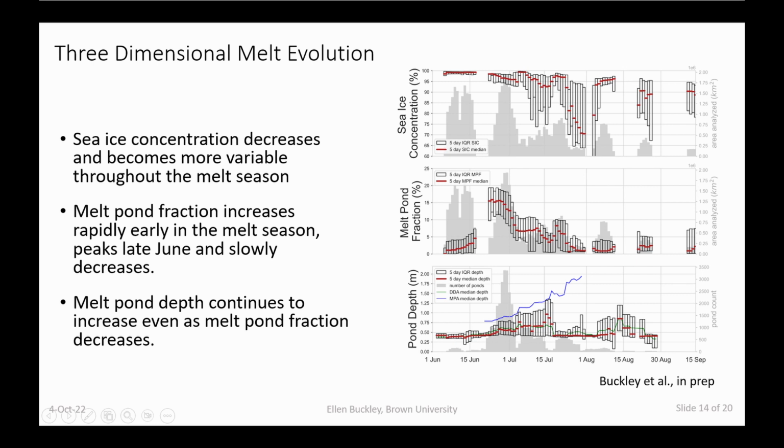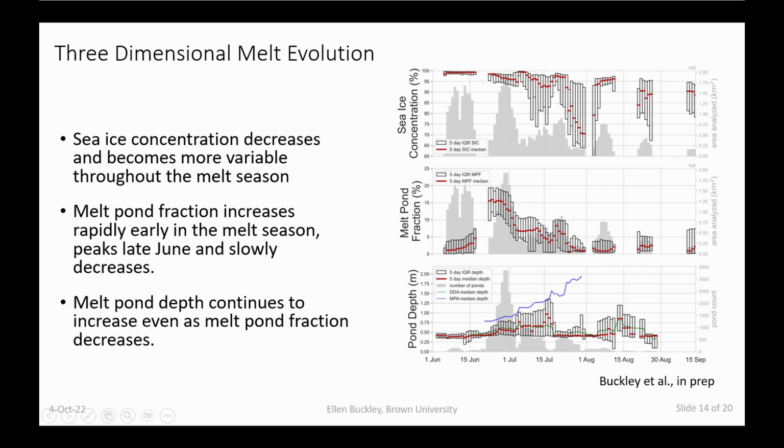So those are 110 kilometers by 110 kilometers. So lots of data there on melt pond fraction and sea ice concentration. With those classified images, you're able to derive these other parameters that might be of interest to the modeling community. So melt pond fraction is shown in this middle panel here. We have sea ice concentration at the top, and then pond depth from the ICESat-2 tracking algorithms on the bottom,